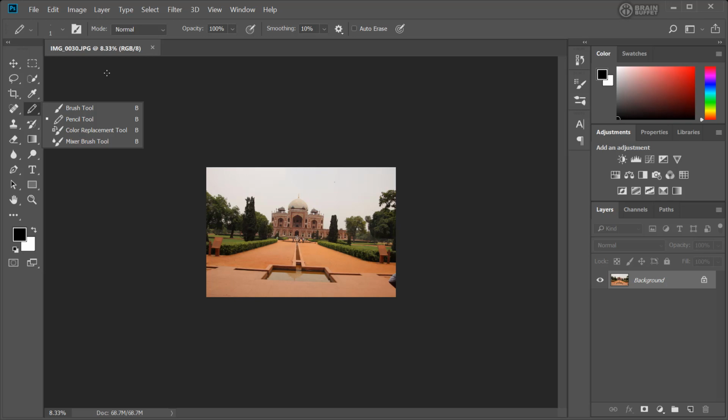I think that's pretty much it for the interface. As you see, Photoshop is really easily customizable. I think that's pretty much it for the workspace. Let's start editing some photos. That's what Photoshop's all about. So we'll do